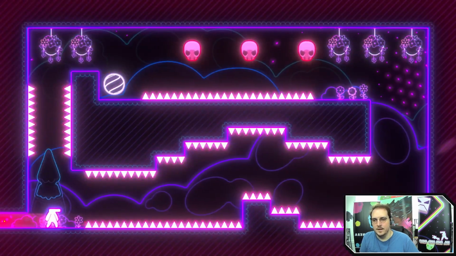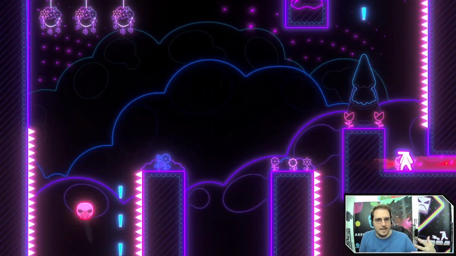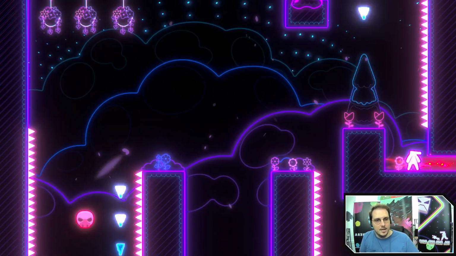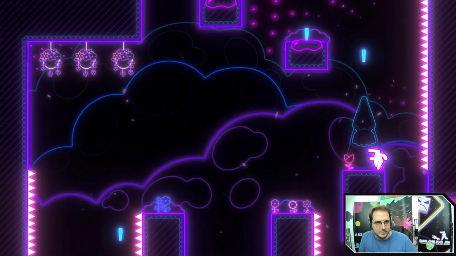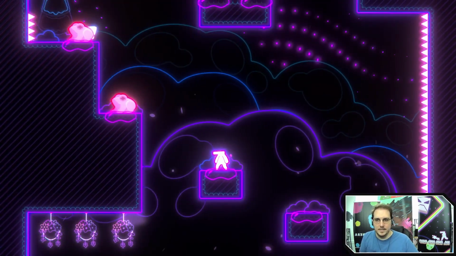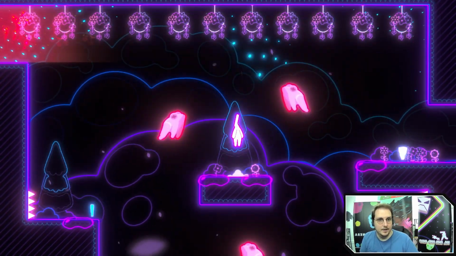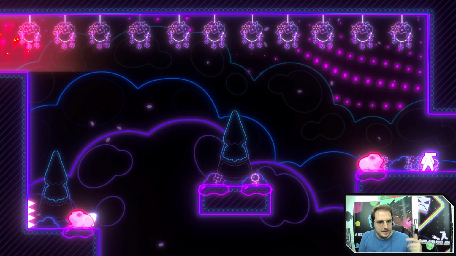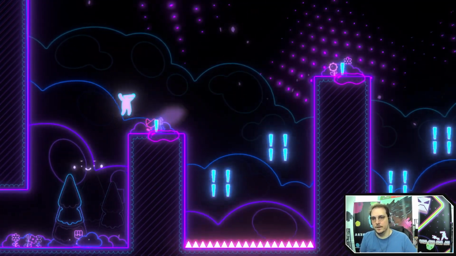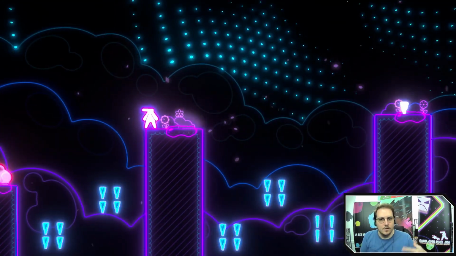Here, we'll poke into here. There's another challenge room. I'm just jumping in here to get a checkpoint. Anytime you die, you'll respawn at the spot where you entered the room. So if I beef it there, I start right back here. So sometimes challenge rooms can be a nice checkpoint like that. Talking about checkpoints, we also have a dynamic difficulty system where each time you die in an area, a little counter goes up. And as that counter increases, pickups appear, which will give you advantages or disadvantages, or they'll help you out in some way.